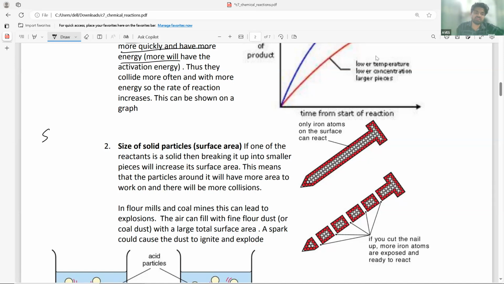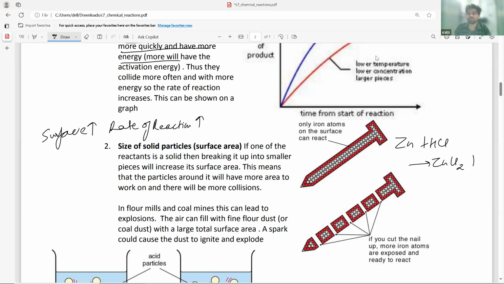So simply, when the surface area increases, the rate of reaction increases. It is directly proportional to the surface area. For example, you have zinc reacting with HCl to produce zinc chloride plus hydrogen gas. So if you want to produce more hydrogen gas,